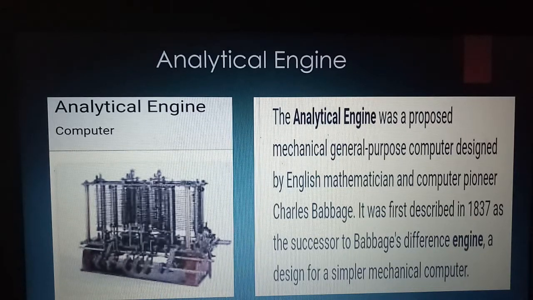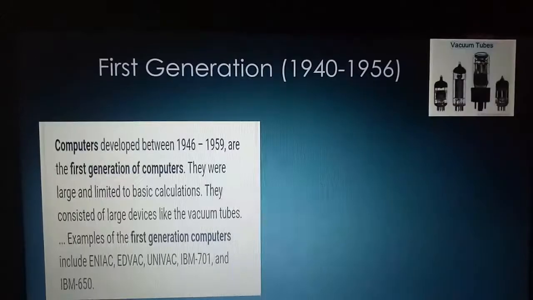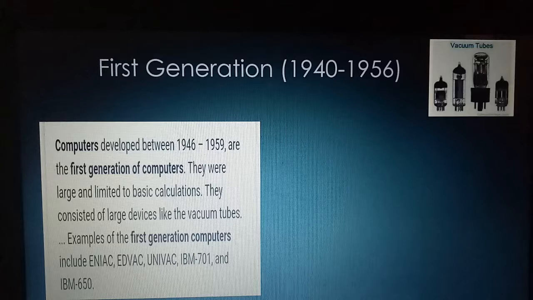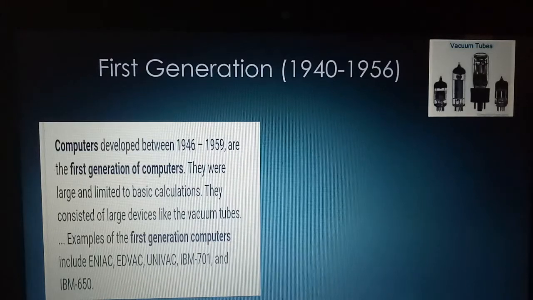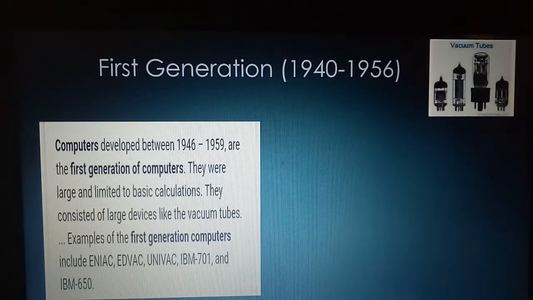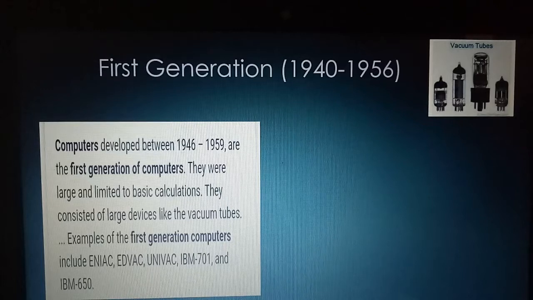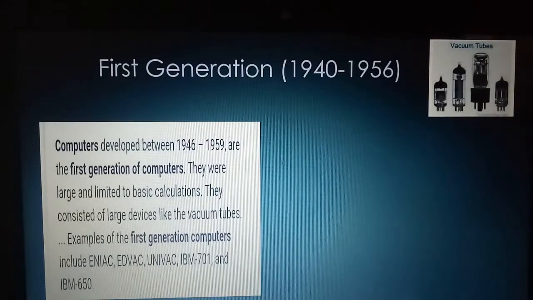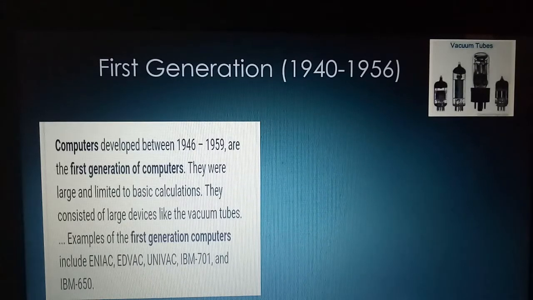We're going to start with the first generation of computers. The first generation of computers dated from 1940 to 1956. The first generation of computers are characterized by the use of vacuum tubes. As I have told you, in the device